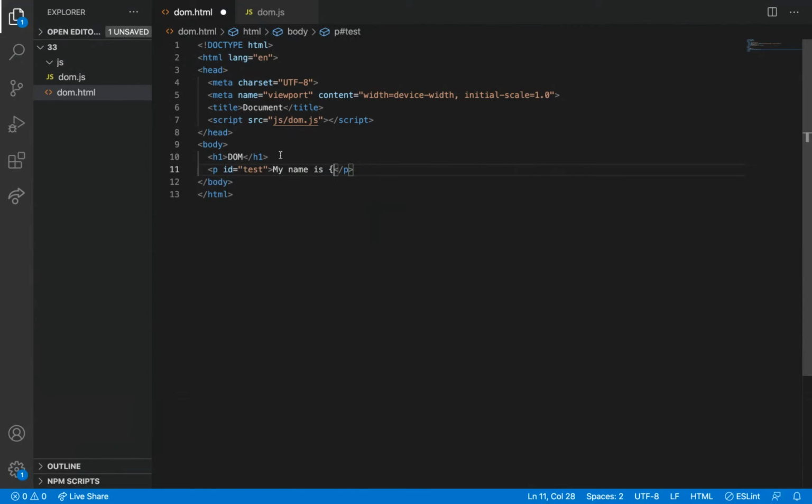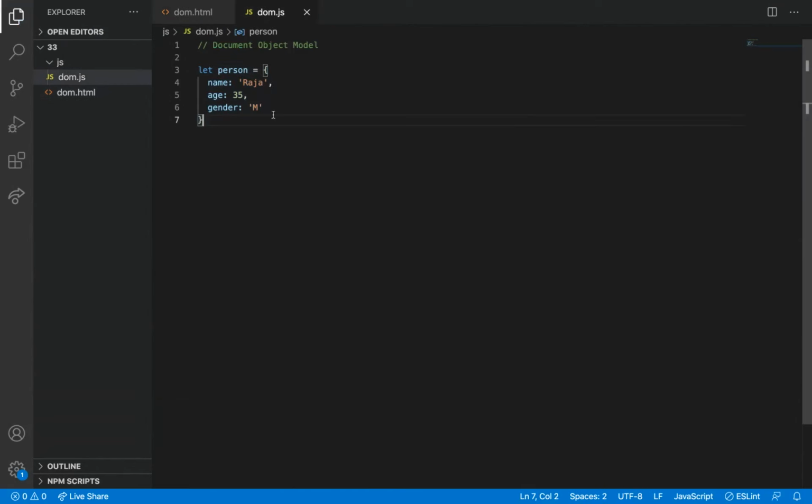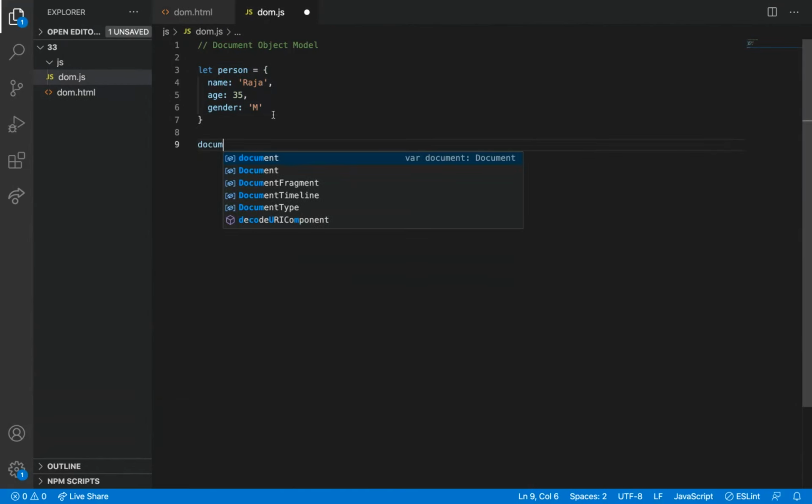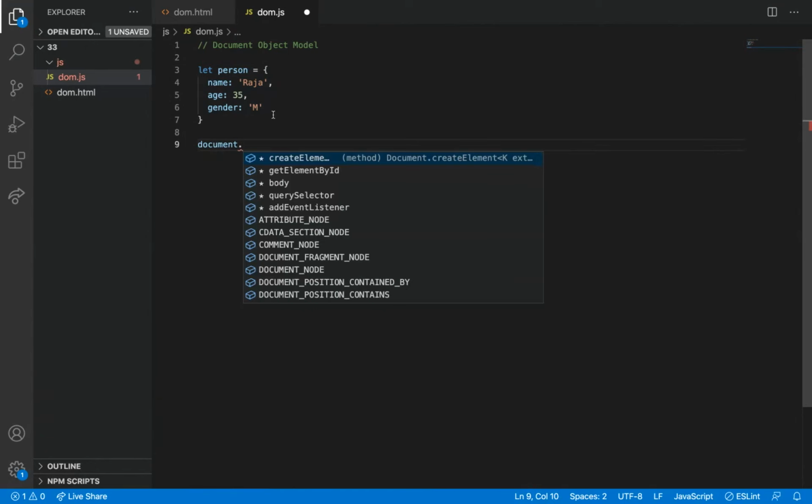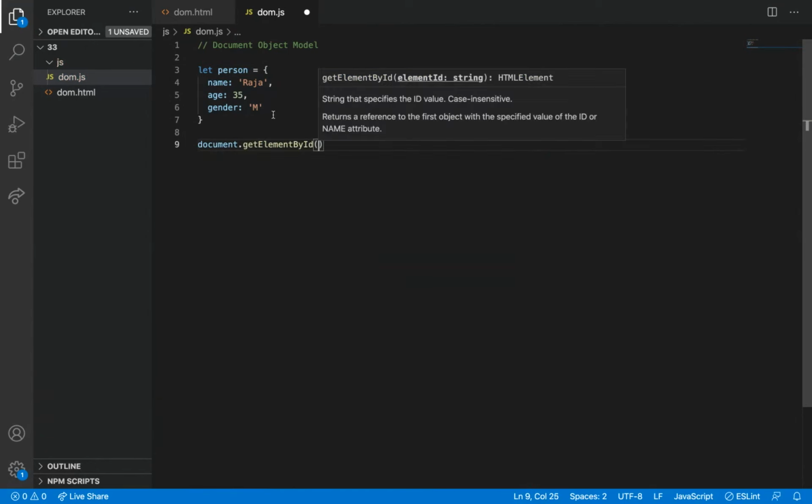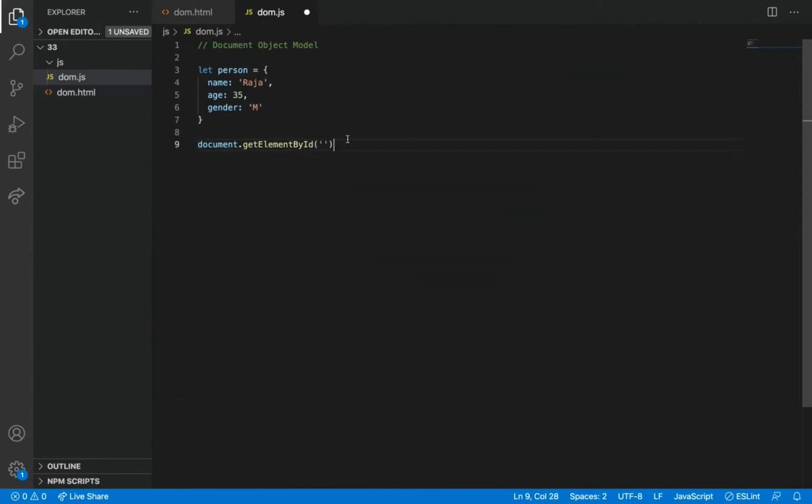My name is Pavitra. How we will access it, we all know. Get element by ID. First, I would have printed this document also already.